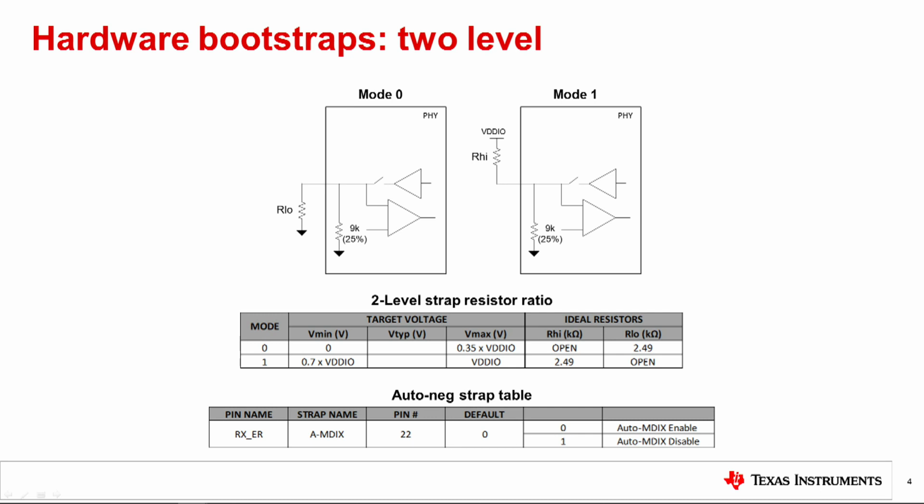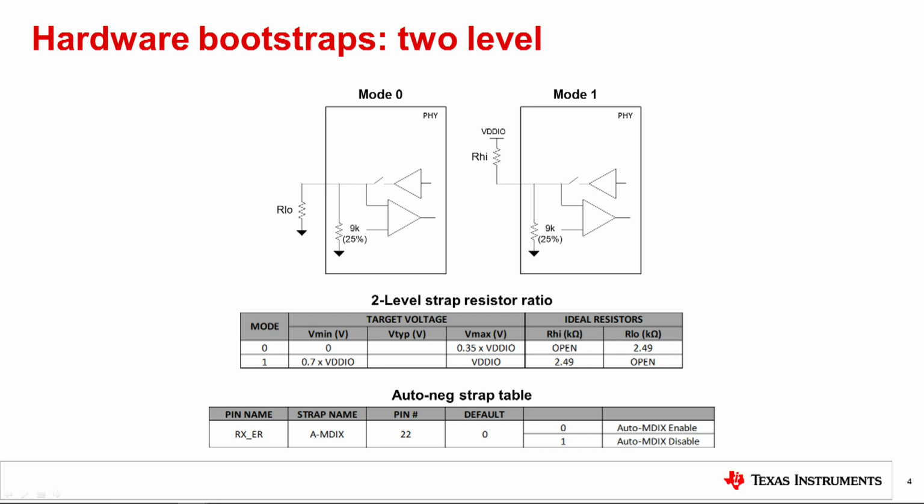In 2-level straps, the pin is either pulled high to VDDIO or low to ground. The large potential range between levels prevents noise, voltage swing, or other factors from causing an incorrect operating mode to be read, giving you peace of mind that the PHY will operate in the correct mode. Strap circuit information specific to each TI PHY can be found in the programming section of the device's datasheet. The 2-level strap resistor ratio table tells you what resistors to use for each operating mode. The ratio of the resistors R high and R low can be modified as instructed by the datasheet to configure the PHY by changing the potential on the pin.